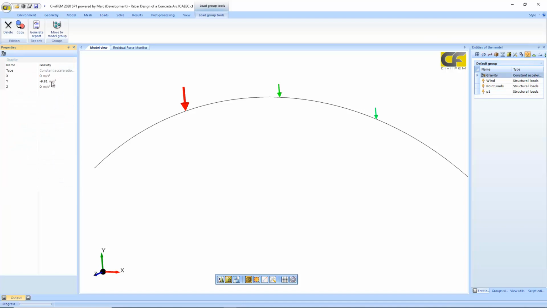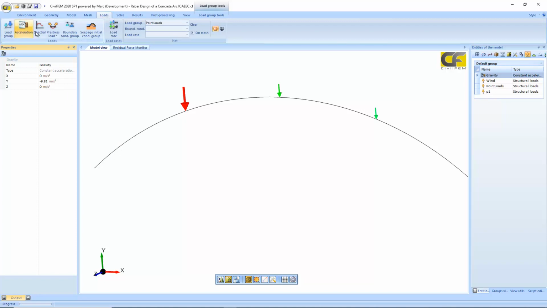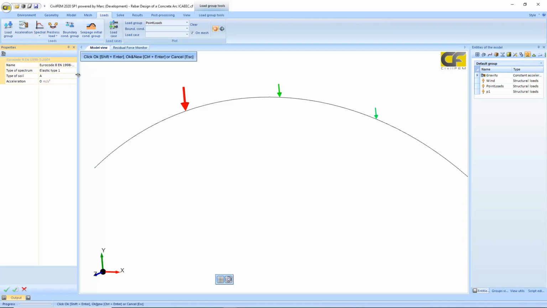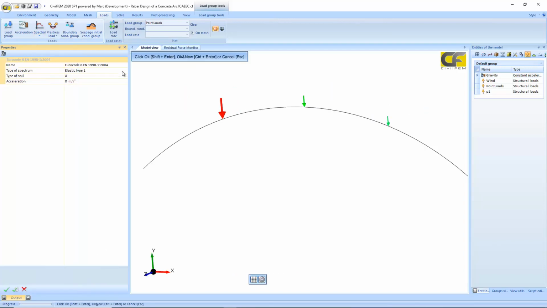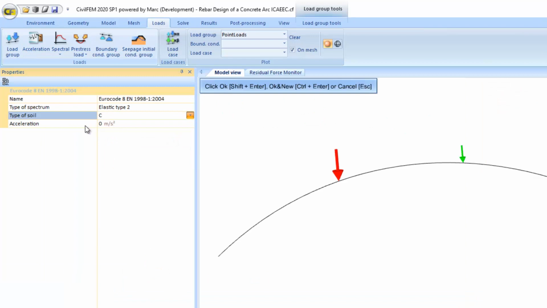Gravity must be applied following the direction, so in this case it's the y direction, but with a negative value. Other types of load are spectral. You can set a user response spectrum or follow the available code. If you select Eurocode, for instance, you have different parameters to select, and you always have to set the